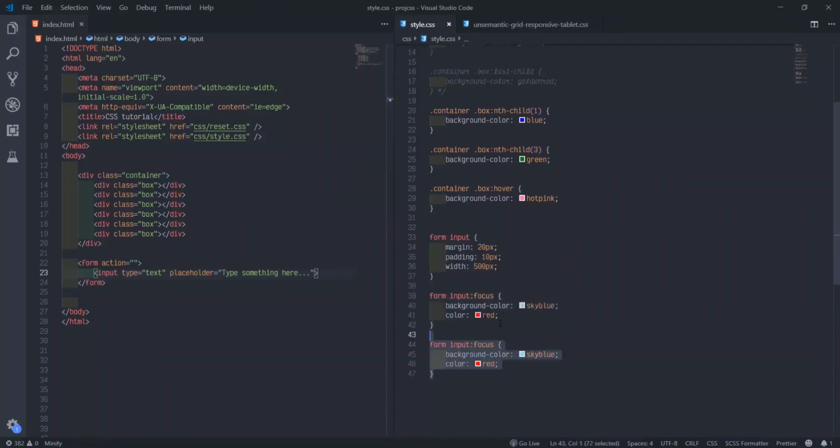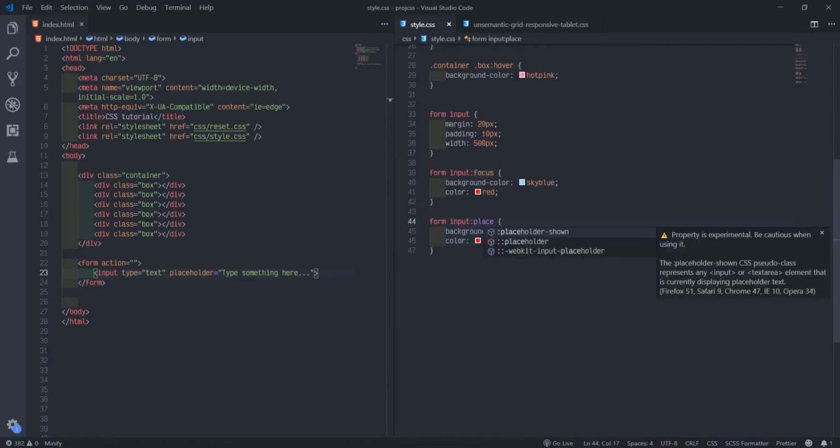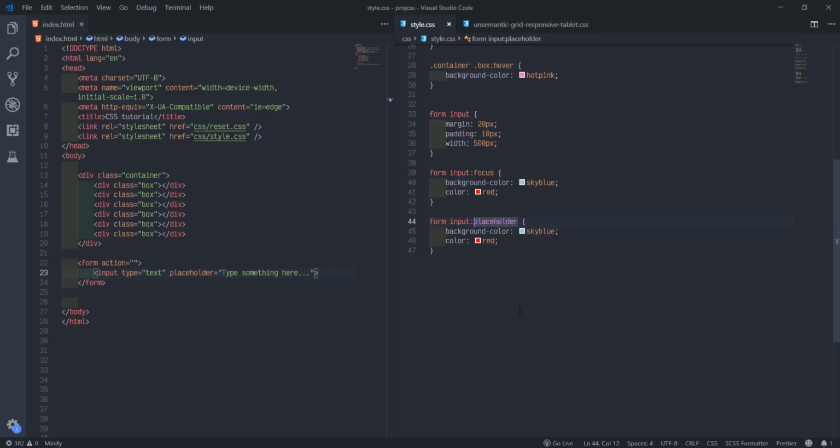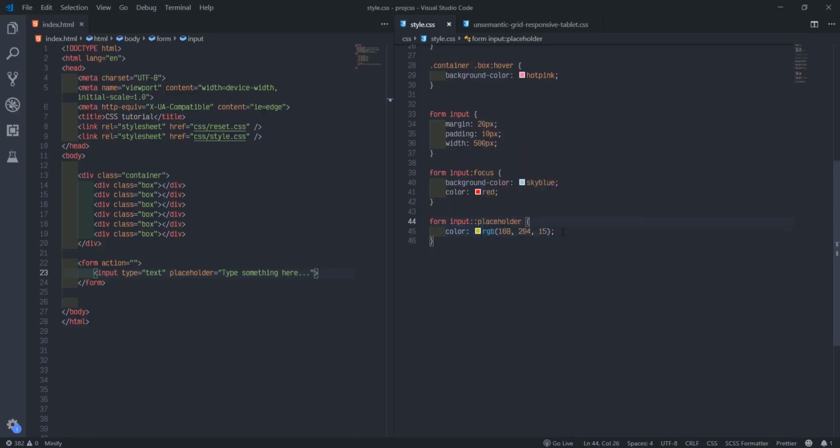So I'll duplicate this one, then I'll say placeholder. But since it is placeholder, instead of one single colon, I will put 2 colons. If I put one, it will not work. So I'll put 2 colons. Then I change this one to the open color. I must select color now.